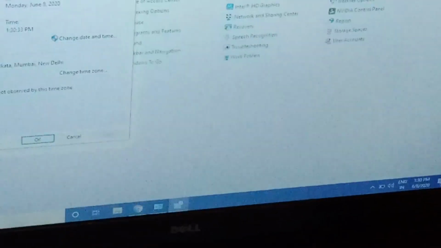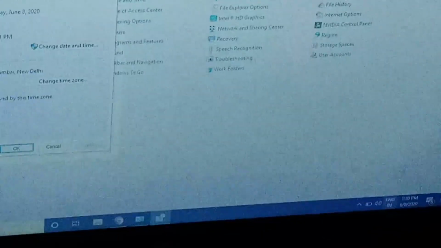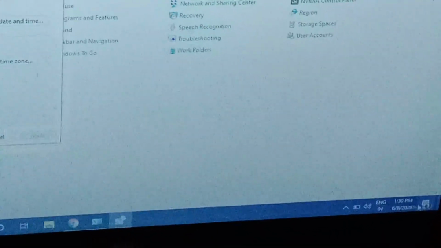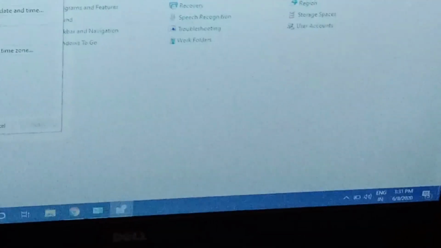In the notification area you can see 1:30 p.m. This is the notification area. Today the date and time are 1:30.